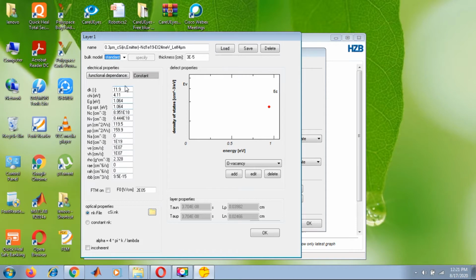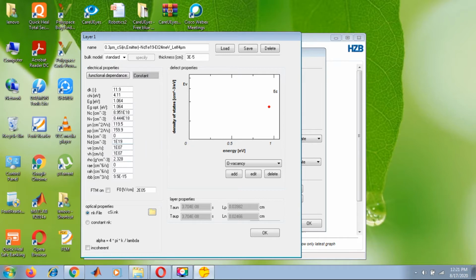So here, as we can see, wherever I take the cursor, it will show the full form of the electrical property. Like here it is showing dielectric constant, here it is showing electron affinity, and here it is showing band gap. One of the most important things is the band gap. It should not be changed very frequently, and the electron affinity has to be varied to get different results, and we also need to check the doping concentration.